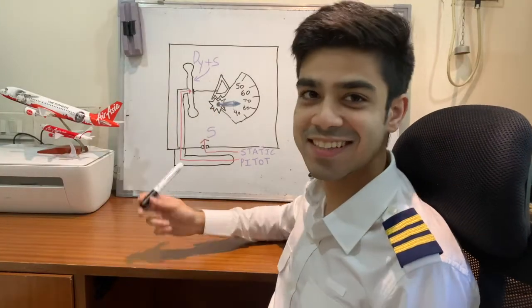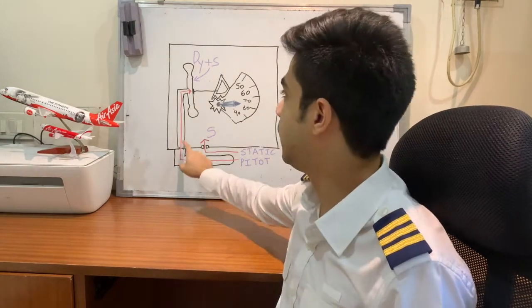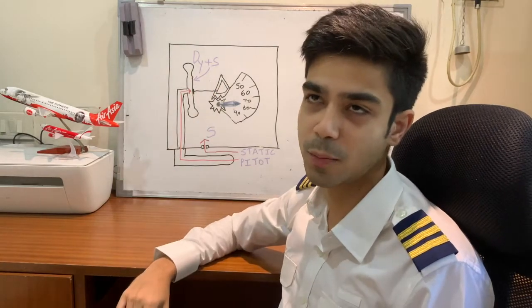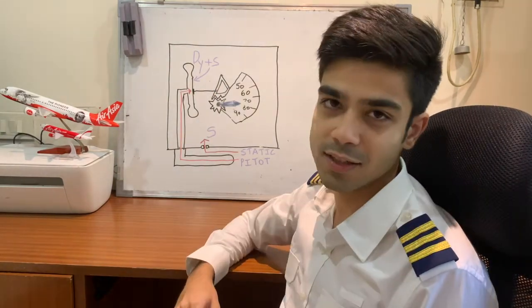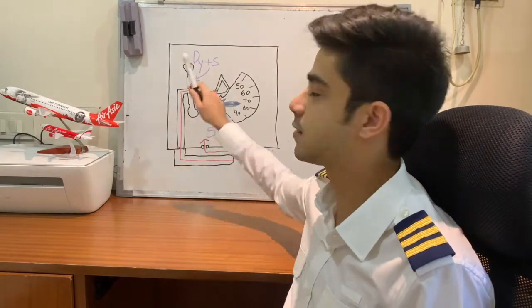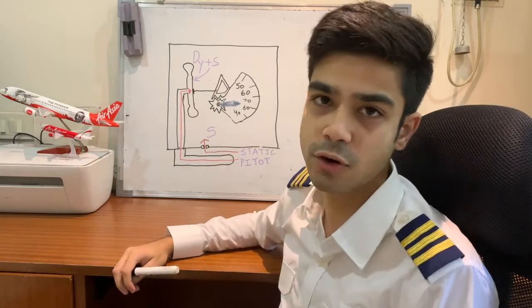This is what the construction of the airspeed indicator looks like. So as you can see, this is the construction of the airspeed indicator. Pitot pressure is fed in through the pitot tube and is supplied to the capsule, which is dynamic plus static pressure because pitot pressure is total pressure. The air surrounding the capsule is fed by static pressure, and therefore we can see that static cancels out. So the capsule will expand or contract only in case of change of dynamic pressure.